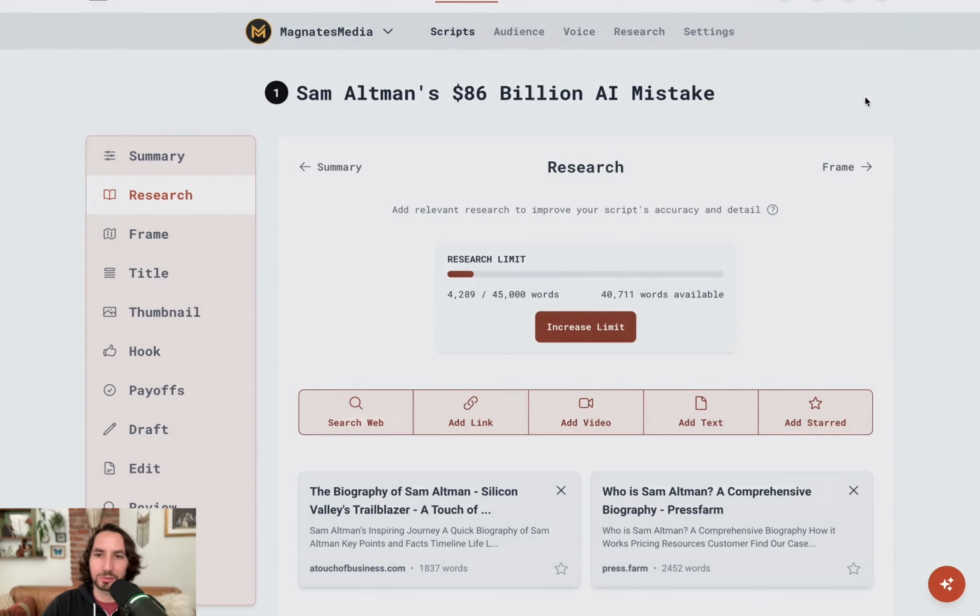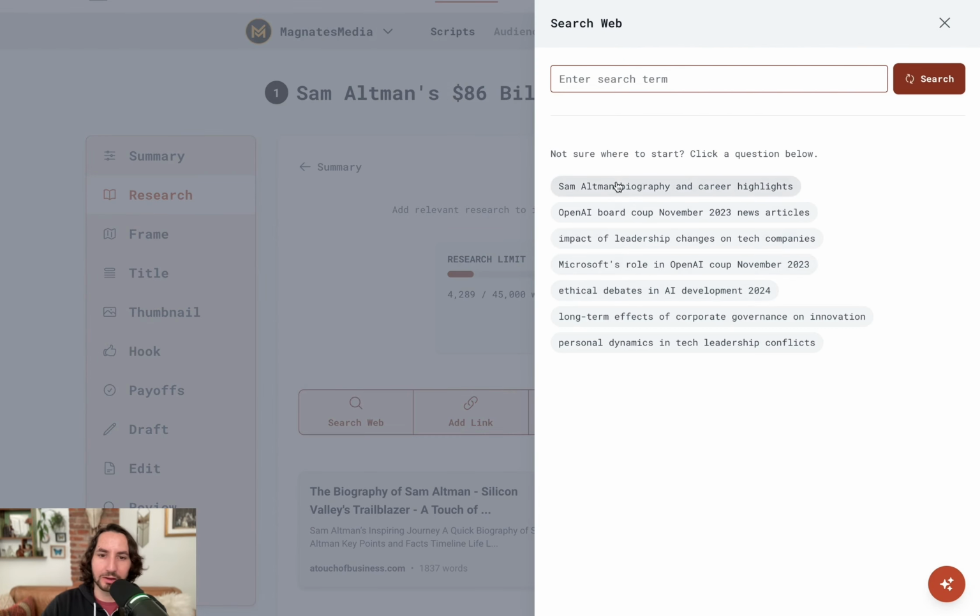So I'm going to go back to this web search. I've got some other ideas here. The OpenAI board coup, that's definitely something we want to cover because that was such a big deal last year. And so it's doing a web search on this topic. And the idea is that you would go step by step, not necessarily through all of these, but for the ones that you want to cover in this particular script, and you would keep adding research.